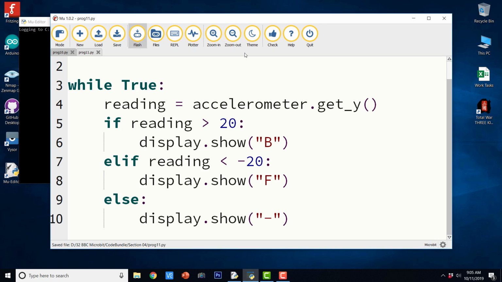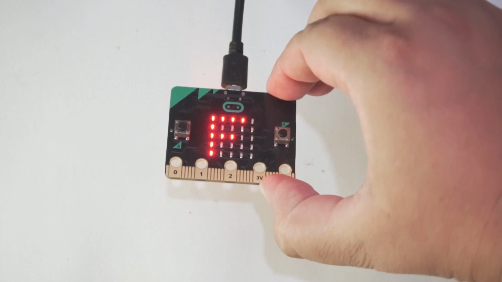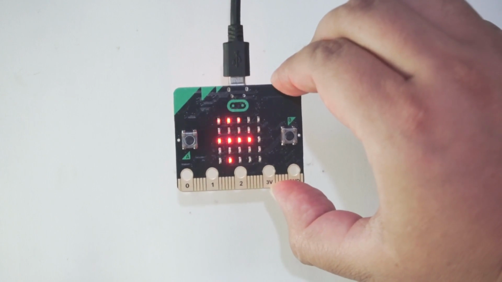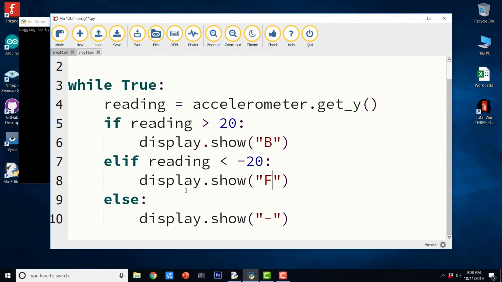So I'm just going to save it, check for any errors, and flash it to BBC Microbit. Now let us go ahead and see the output. So this is back, and this is front, and this is balanced. So let us go ahead and see another example.